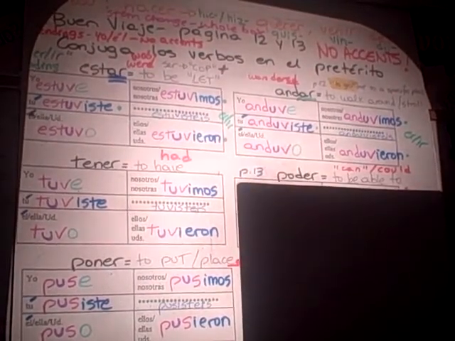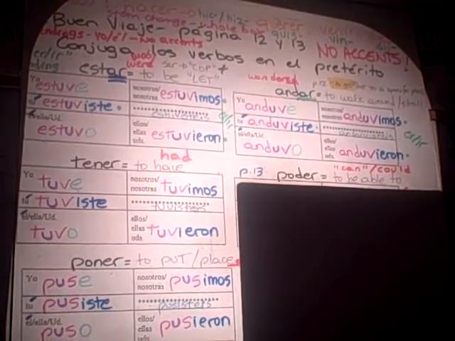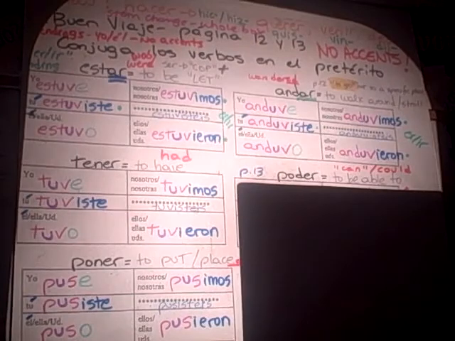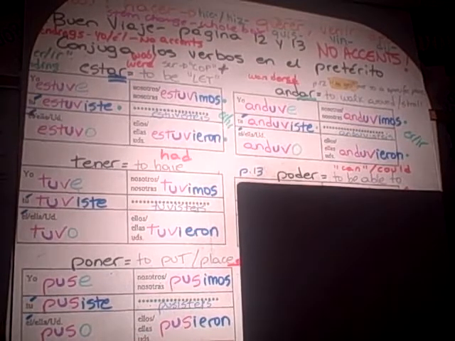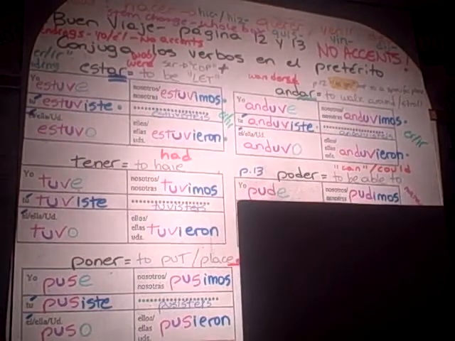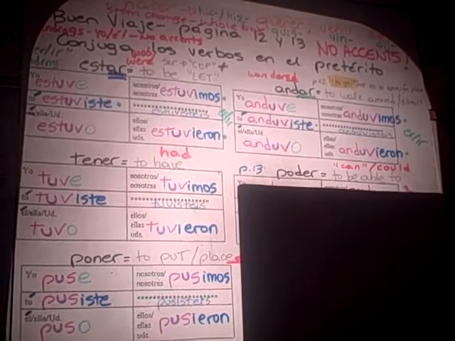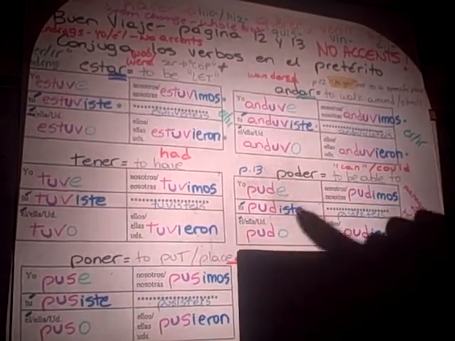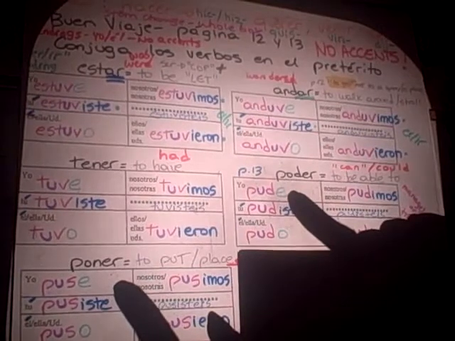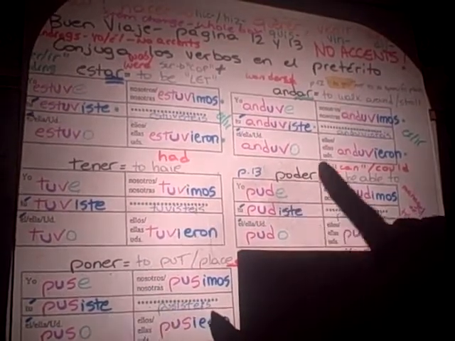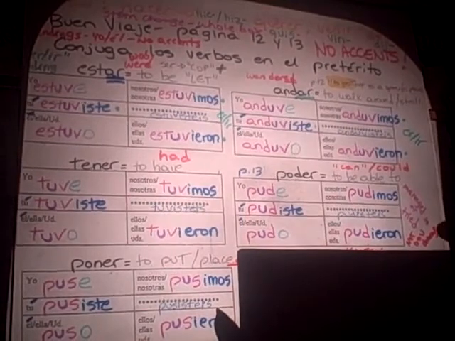Alright, on page 13 in your book, you have poder. This is one that oftentimes people try to write in sentences, and you want to say, I can do something, and they go to the dictionary, and then they try to find the verb to can, and there is no verb to can, unless you're maybe canning a vegetable. But you're able to do something, so you could do something in the past tense, or you were able to do it. What's the beginning part of poder? Could. I will go ahead and tell you that people confuse these two because they're very similar. So be careful. Poner pus, poder pud. And then your endings. Okay?